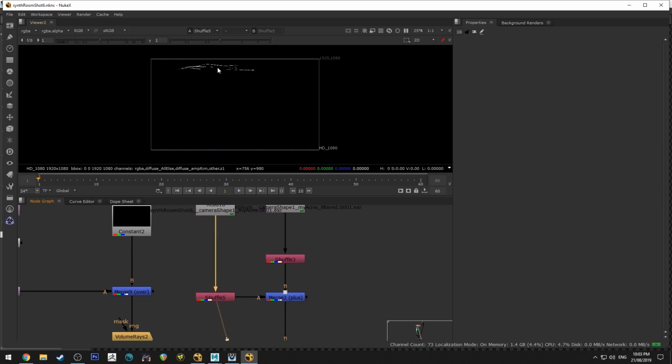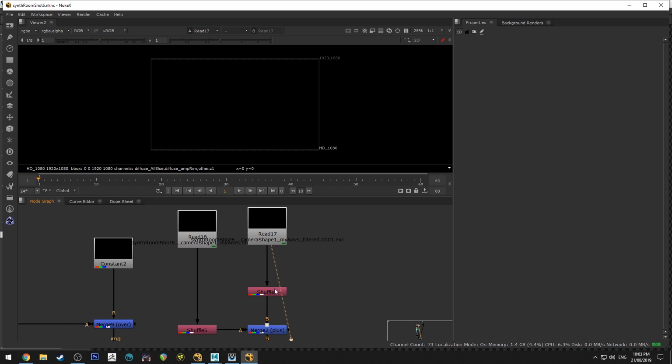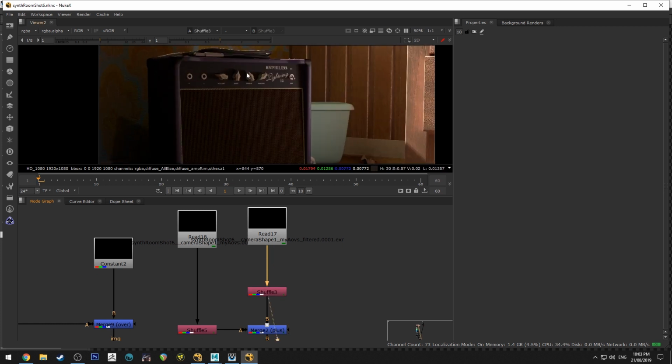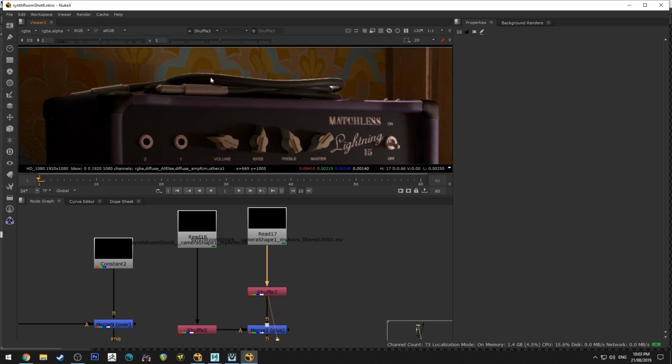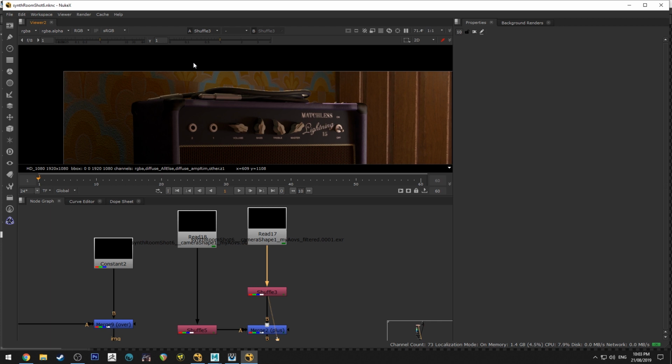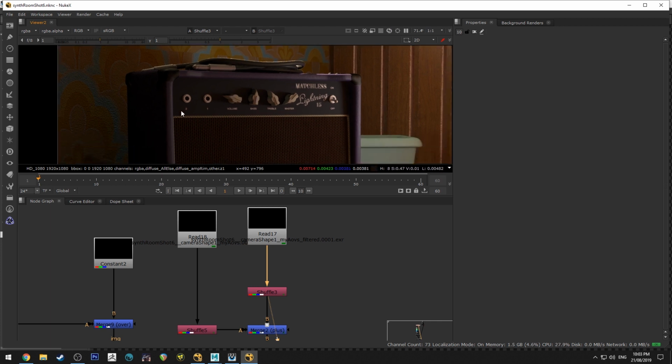So what I've shuffled is the rim light, and then I've shuffled the beauty pass, which was that separate one I created, which is the beauty pass minus the rim light. So you can see that it is actually getting a little bit of illumination from this window I've got above in the shot, which you can't see, but you can see in the wider shots.